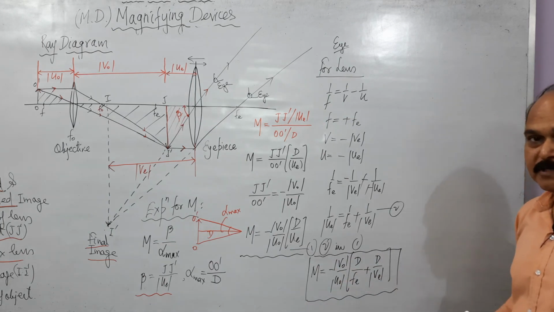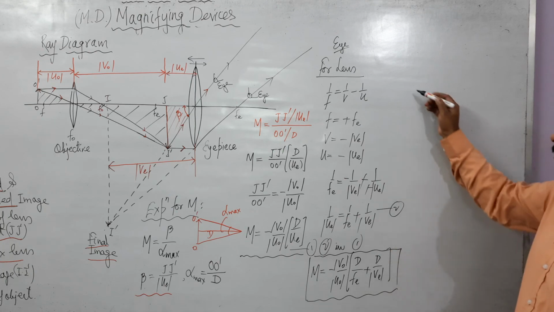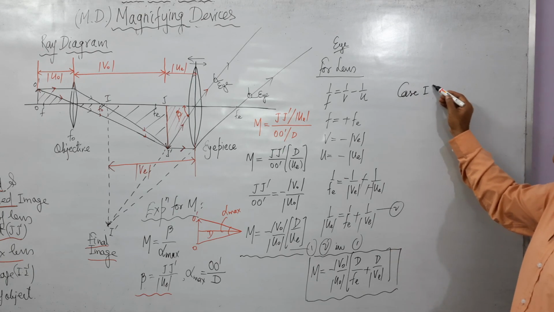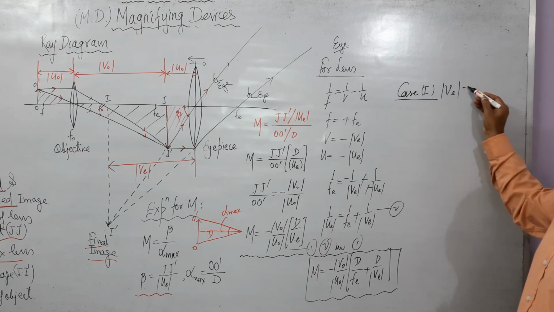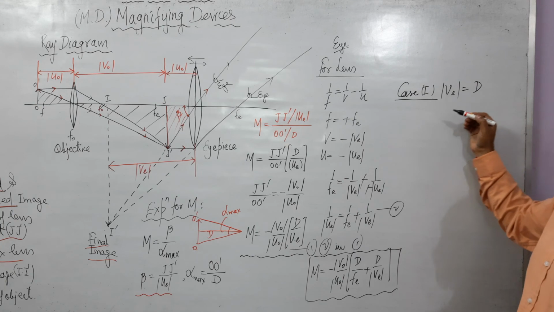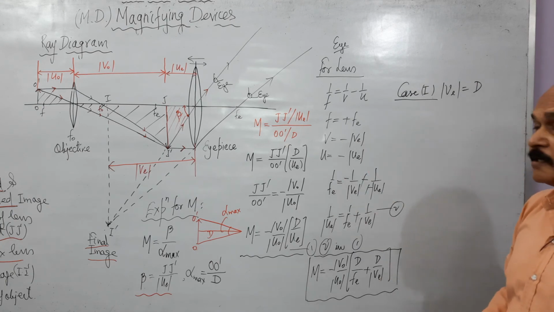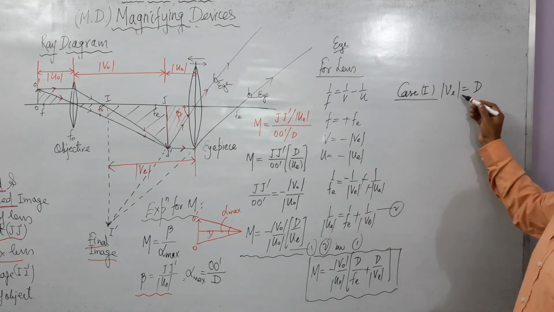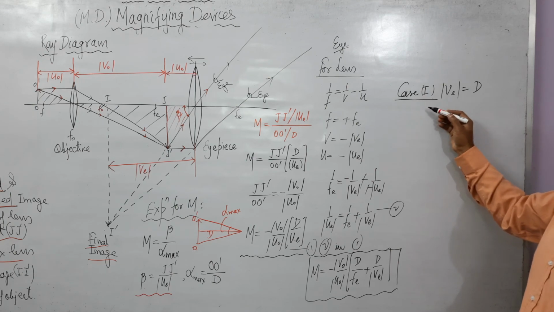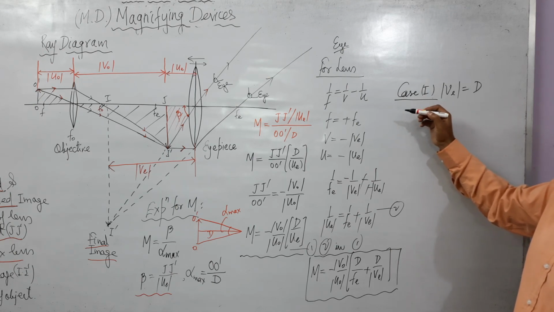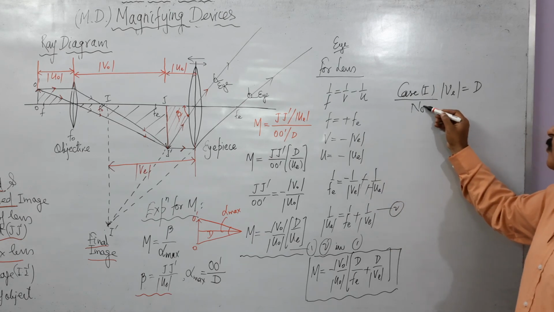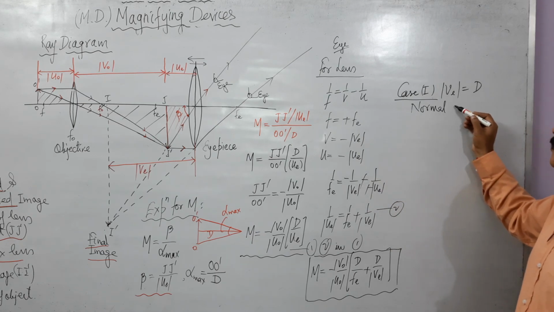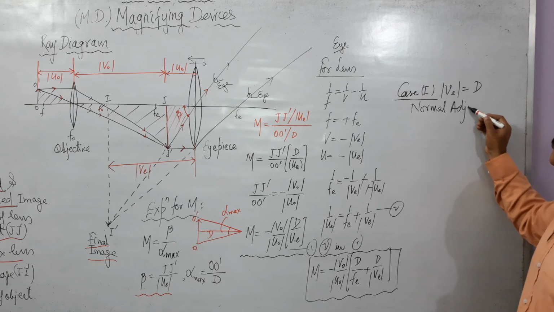Children, there are two situations we already know. In every microscope, these are two extreme situations. Case 1, when final image is seen closest to eye, that is at least distance for distinct vision, this V is equal to D. Well, in that case, the microscope is said to be in normal adjustment. This is normal use of telescope or normal adjustment.